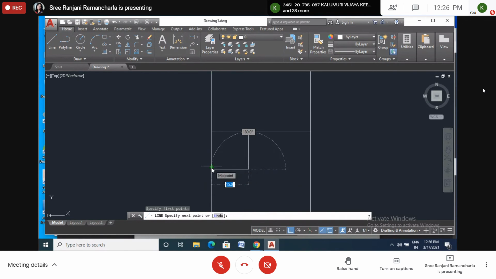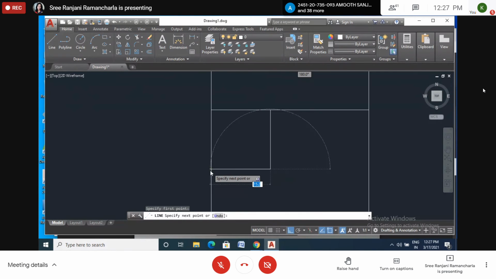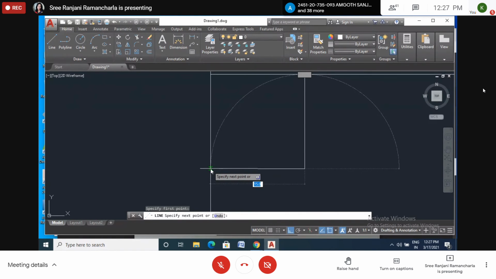So now here you can see, even if it is showing the horizontal line exactly, it's showing the midpoint. If you click it here, it will draw the midpoint inclined line. See here. So don't draw like that. Still you have to zoom it. Okay, you have to zoom it. Then it should be like this.